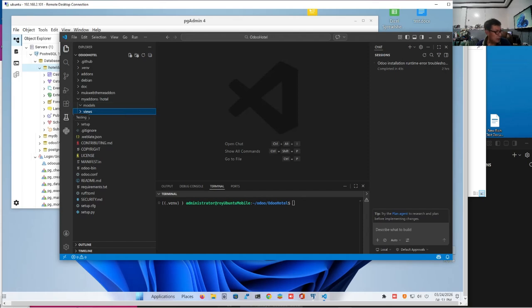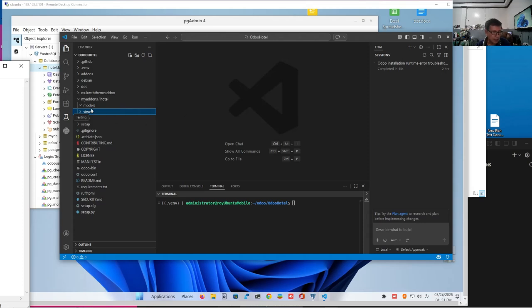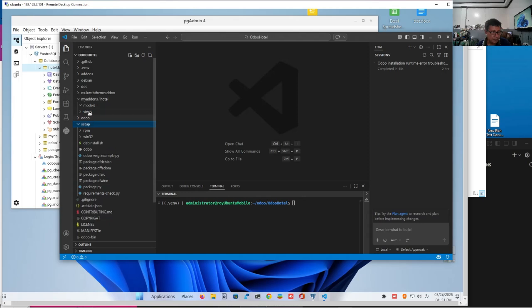We will start with init.py first. So this is the hotel folder, and we have models. We are supposed to create an init.py at this location.